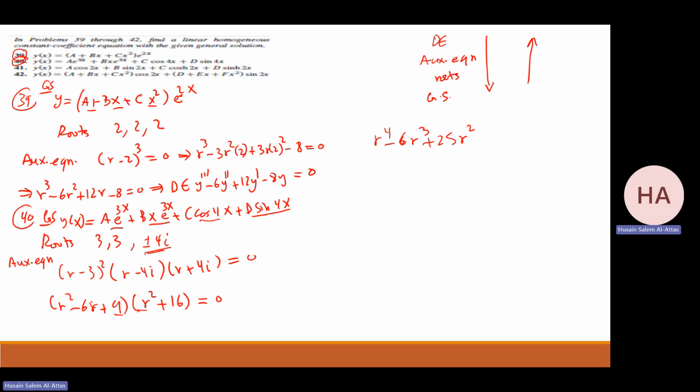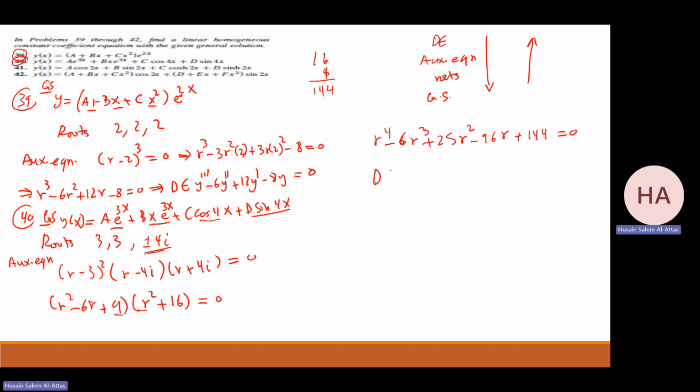Then I have what? r is minus 6 times 16, which is minus 96. 16 times 6, is it 96? Yeah. And 16 times 9 is 144. Plus 144